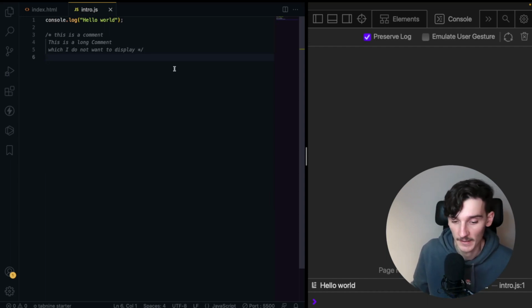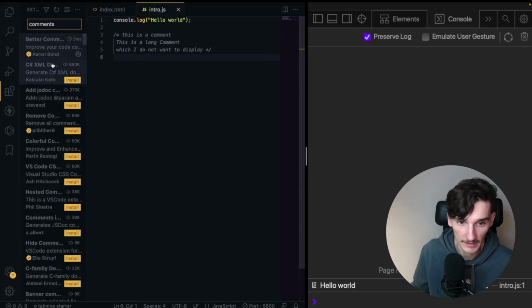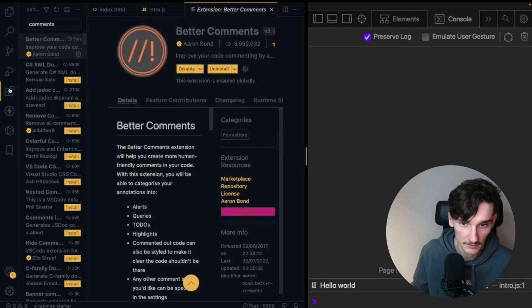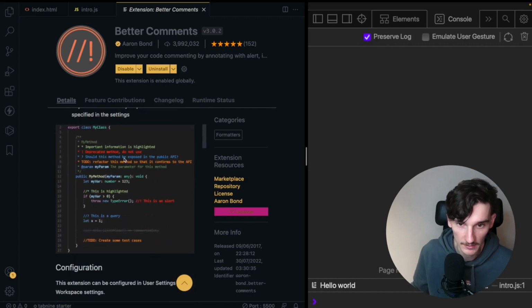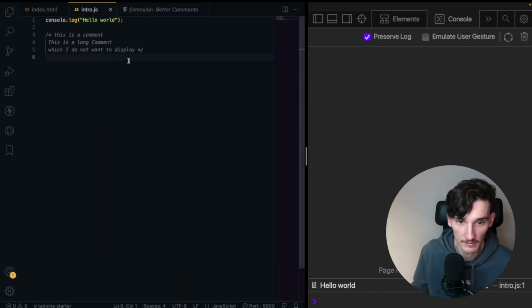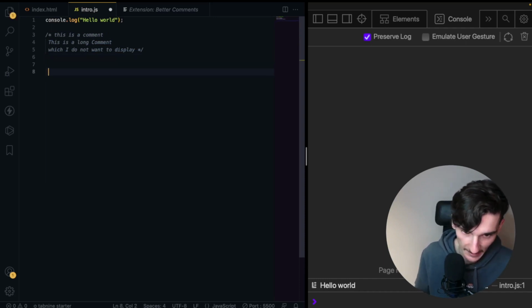And what is more, I can make these comments look super visible by adding a new extension called Better Comments, which I will show you. These comments are not shown as gray or dim like the default color in VS Code, but you can indicate that some comments are, for example,